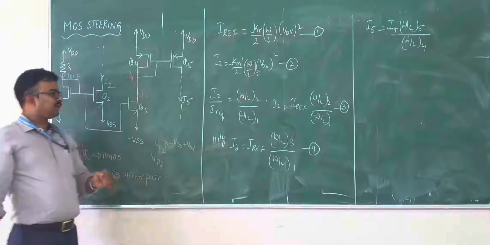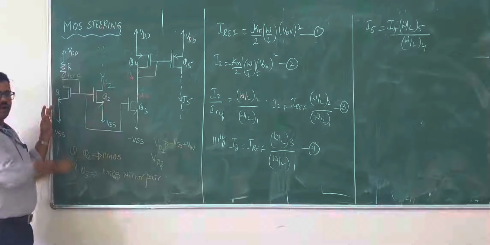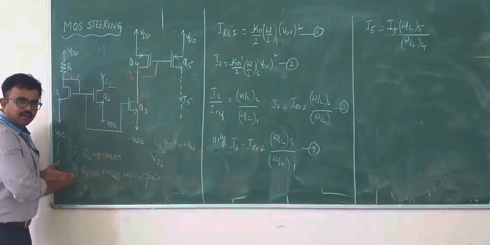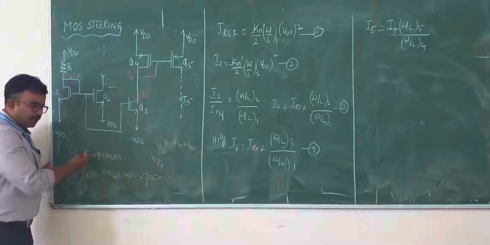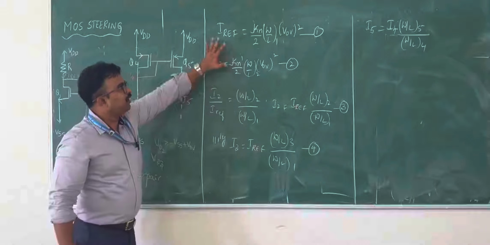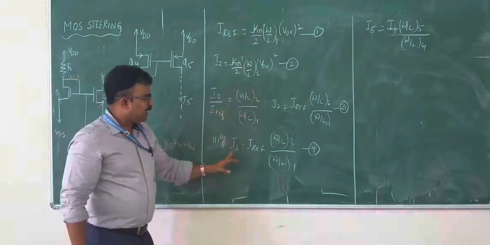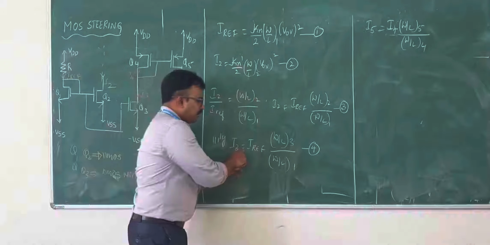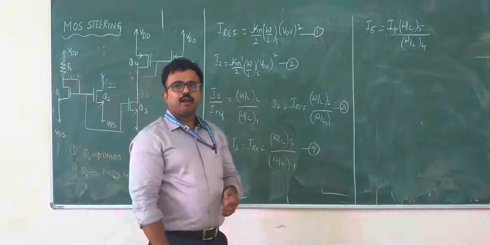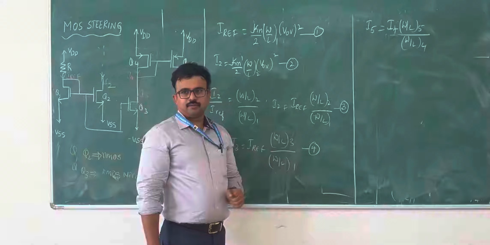Similarly, the analysis is carried out for Q3 and Q1 transistor again, because those two are also a current mirror pair. We have just considered Q1 and Q2 as an NMOS mirror pair. Q1 and Q3 is also an NMOS mirror pair. You need not write every equation, by making use of the same set of equations, I can write I3 is equal to I reference into W by L of third transistor divided by W by L of first transistor. I can call that the fourth equation.